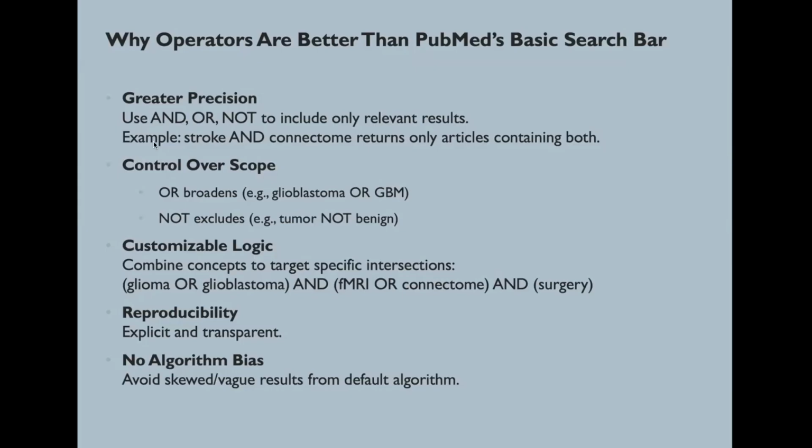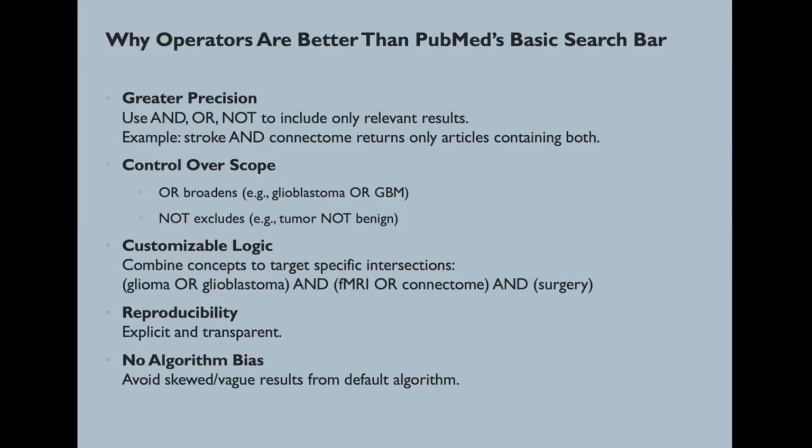For example, if I wanted to look at stroke and the connectome, it results only in articles containing both. So it allows you to either broaden or exclude different things, like we said. If you join two terms by the word OR, it's going to broaden your search and include all articles, for example, here that contain the word glioblastoma or GBM, because different studies can refer to the same things in different ways. The word NOT is going to be able to